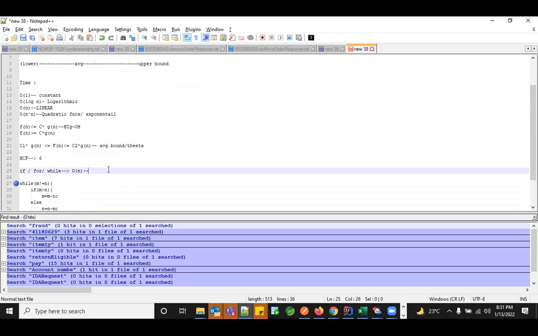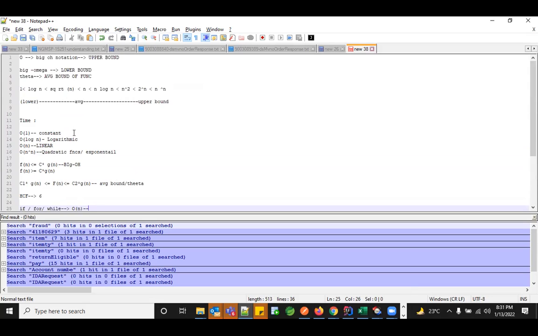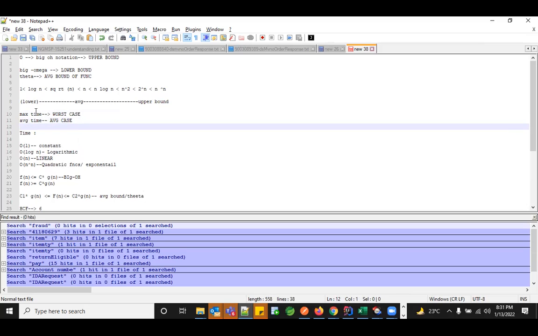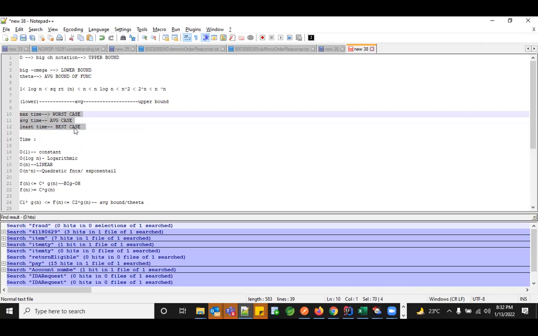So maximum time will be considered the worst case. The average execution time would be considered the average case. And the best case would always be with the least amount of time. So you can see the problem statements either time-based, or with the upper bound, or with the representation of big O notations as a function. So you'll have your programs or practice most of these ways.